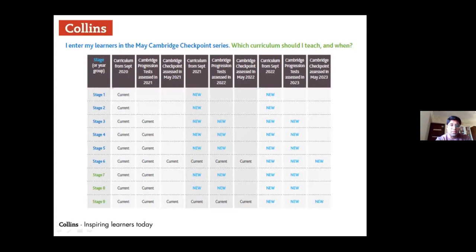The current grade 6, who will graduate to grade 7 in June, July 2021, you will start teaching the stage 8. And that is exactly where there are certain gaps in the transition that have also been taken into consideration by CIE, which I'll be discussing eventually. Is the query solved? This is predominantly for the schools who have enrolled and registered for the April-May session, not the October-November session.